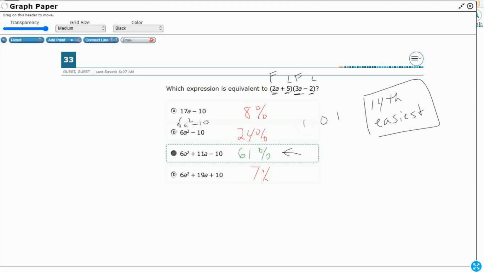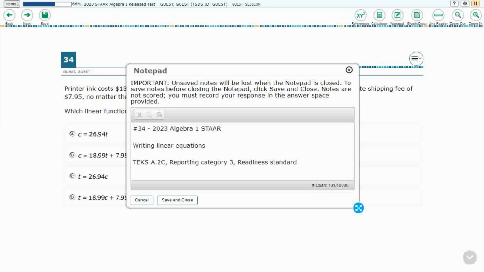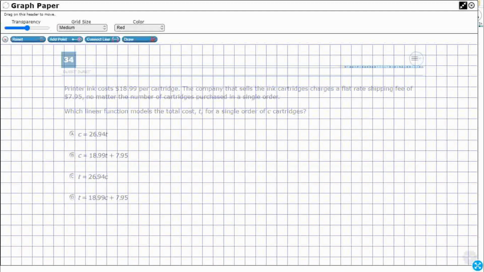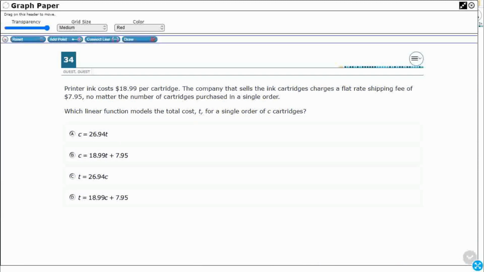So it looks like there's a good quarter of the students that still need practice with FOIL and how exactly to use that algorithm. So for number 34, we are writing linear equations, TEKS 8.2c. This is a readiness standard in reporting category 3. So we've got this verbal description, this word problem here, of this printer ink and